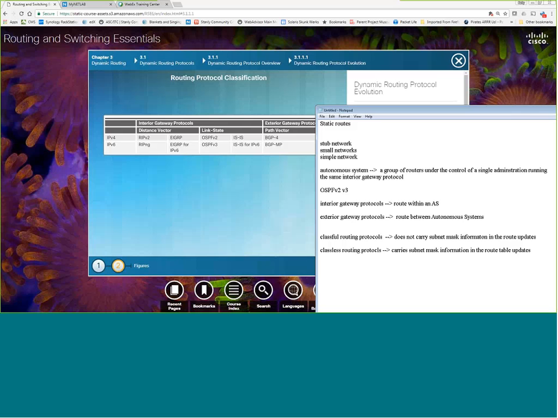And that way they can actually use VLSM. So classless supports VLSM, whereas classful does not support VLSM. RIP v1 was a classful routing protocol, so it did not carry subnet mask information. RIP v2 is classless. It has the ability to carry that information inside the route table updates. So